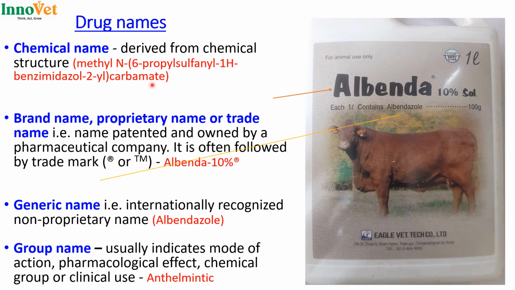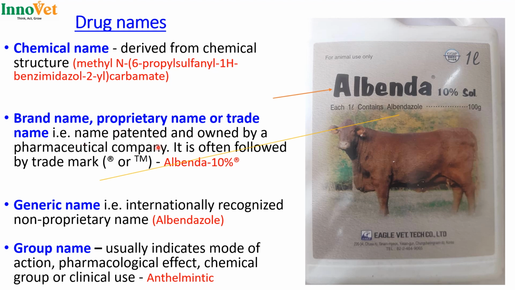For example, this is a dewormer, in the same category as here. Methyl N6 propyl sulfonyl 1H benzimidazole 2 carbamate. So that is the chemical name. Rarely would you actually see this name, and you don't need to cram it. Then the other, which is very important, is the brand name or the proprietary name or trade name,